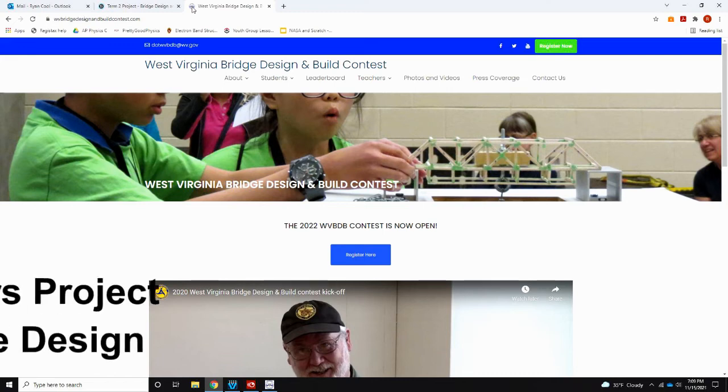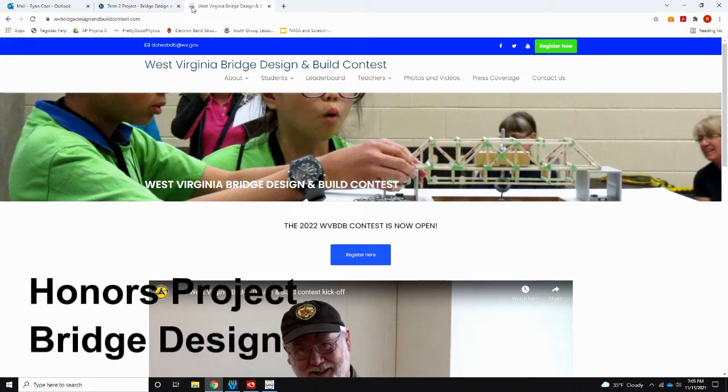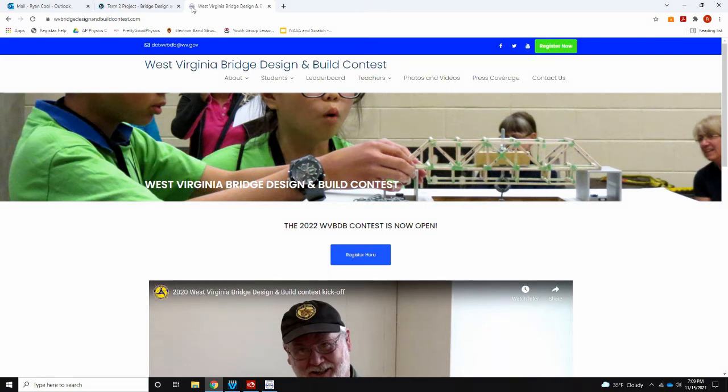For the honors project this term, we're going to be doing a bridge design contest. We're going to do it using software. Each of you should have it installed on your school devices. If you don't, or you want to install it on a personal device as well, the way you will find that software is you're going to go to